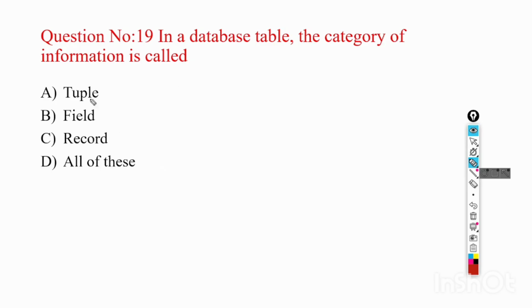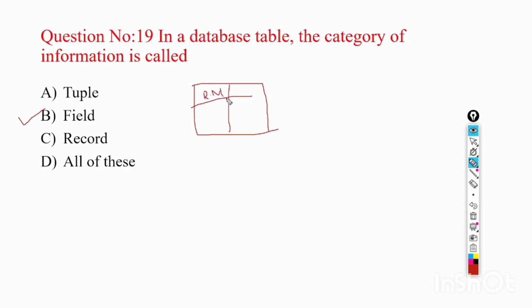The end of line character is not mandatory, and the enter key only moves the cursor. The F4 key has no role in SQL termination. The end of an SQL command is nothing but terminating the SQL statement using the semicolon. Okay, we're going to the next question. Question number 19. In a database table, the category of information is called